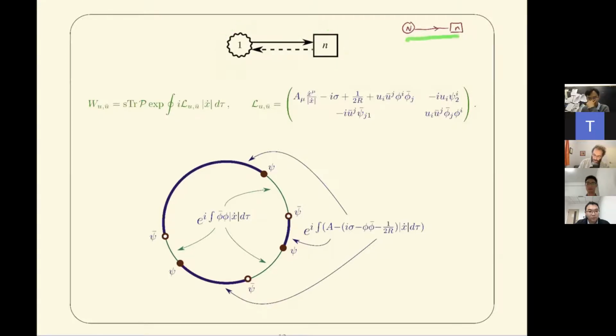Now, compared to this picture, I did two things. First, I added the dashed line because I'm including also here explicitly these anti-chiral components of the field. So I want to be explicit about that. The other thing I did, I made this circle wiggly. And this is to illustrate this shift that I had to put here, which I didn't explain why, but I do have to do it to keep supersymmetry.